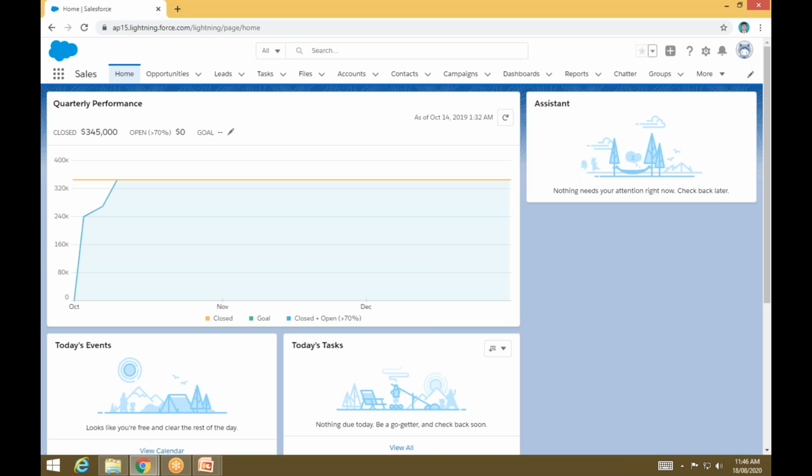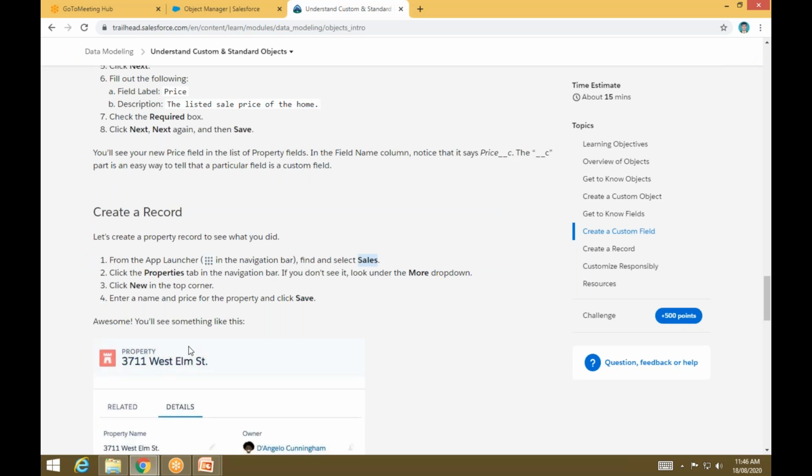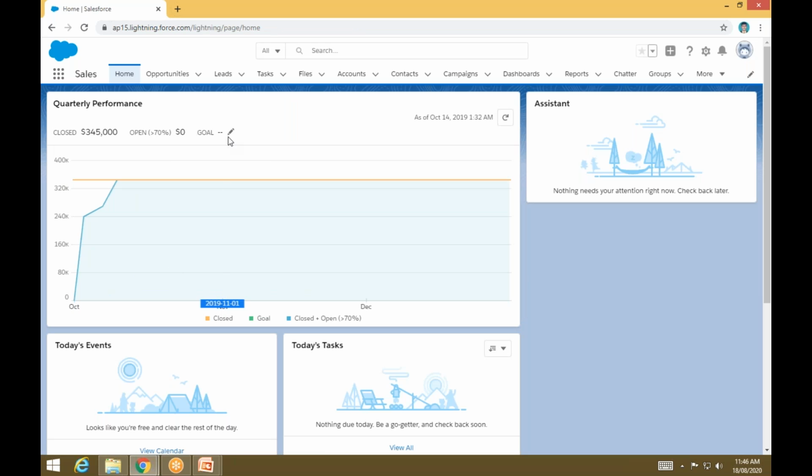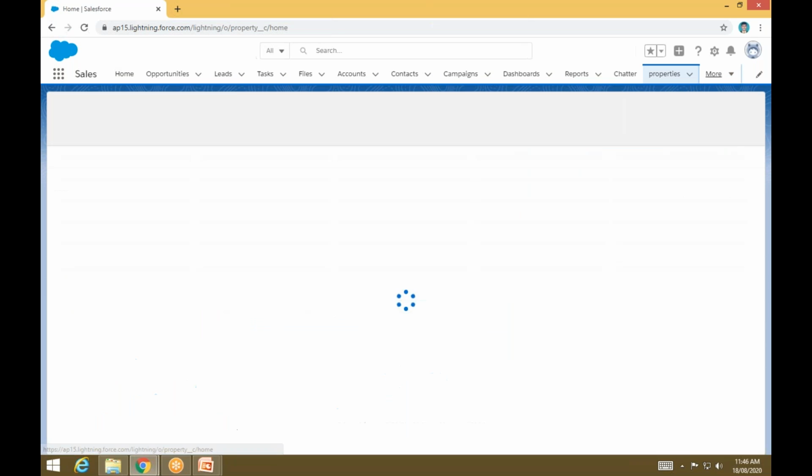Okay, now once you come to sales, click the properties. Now where is the properties over here? Just try to search for the properties. If you do not find properties over here, just click on more and you can go for the properties there. If you do not find any menu bar item, just go for more and select it from there. Just click on the properties.